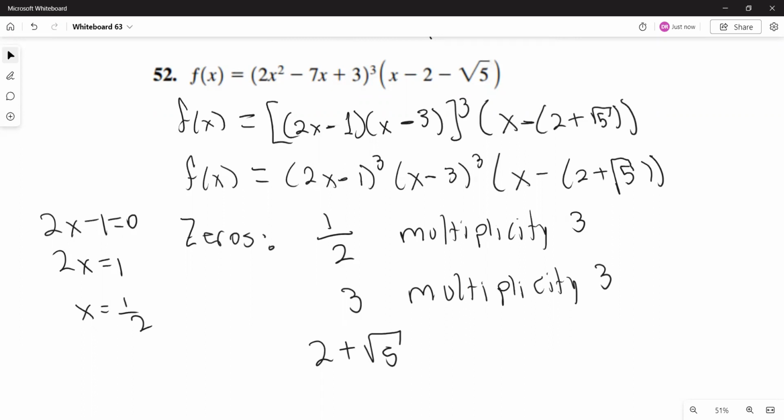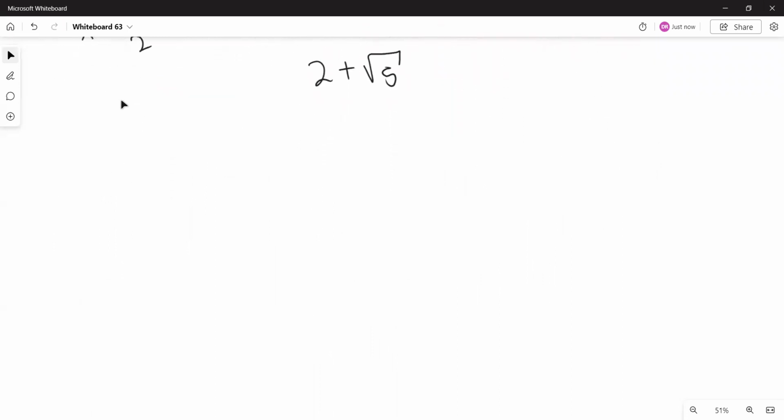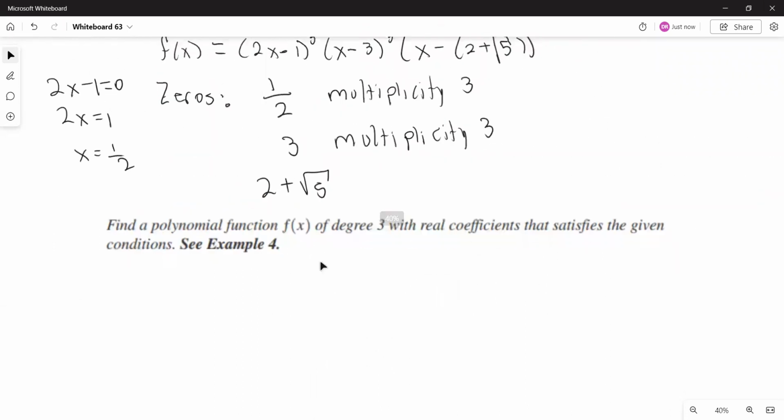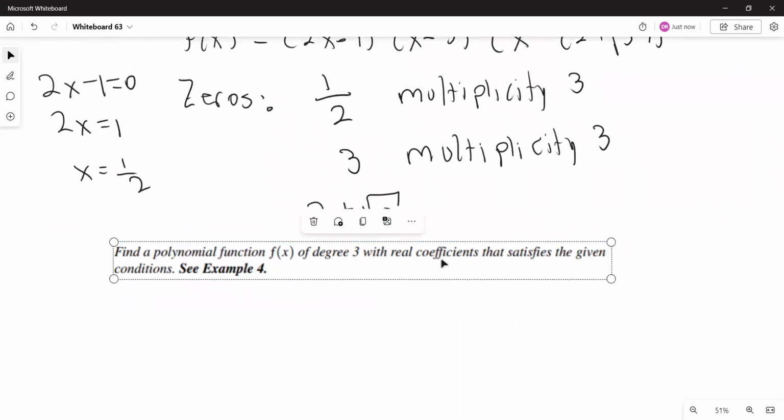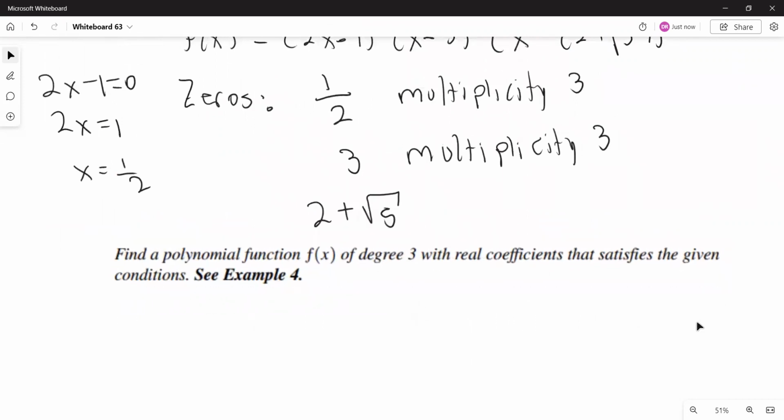Okay, so that was one type of example, identify the zeros and the multiplicities. The next type of examples, we are going to write a polynomial function with the given conditions. We're going to find a polynomial function that's still on the same page, 337. We're going to find a polynomial function f of x of third degree with real coefficients that satisfy the given conditions. On number 54,